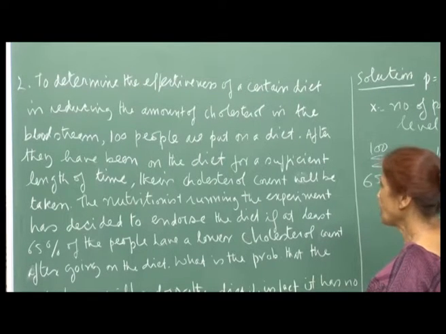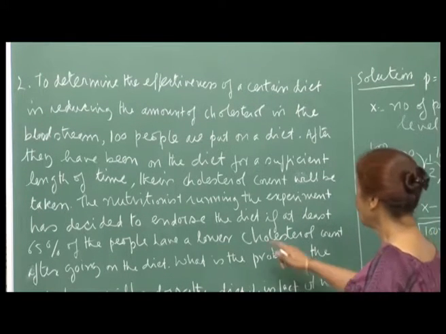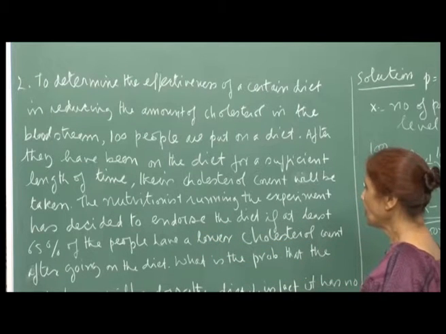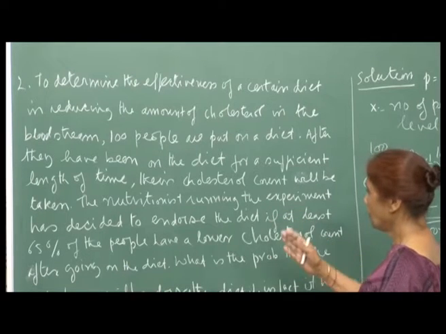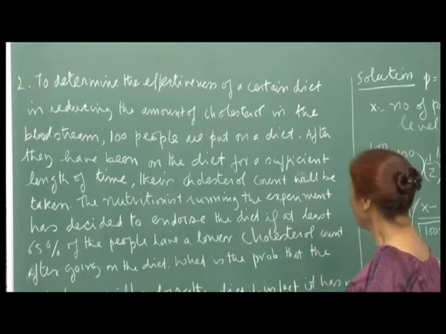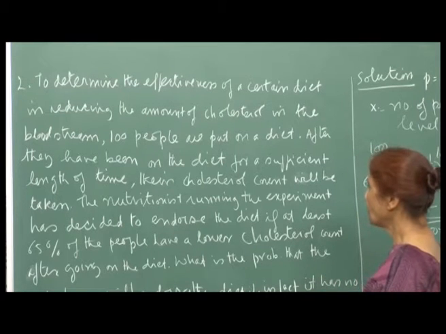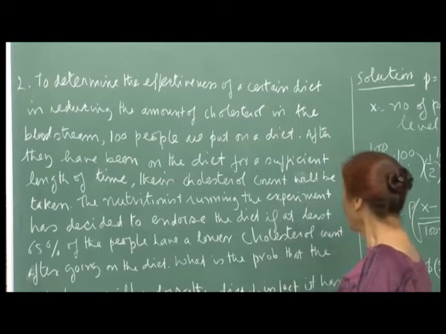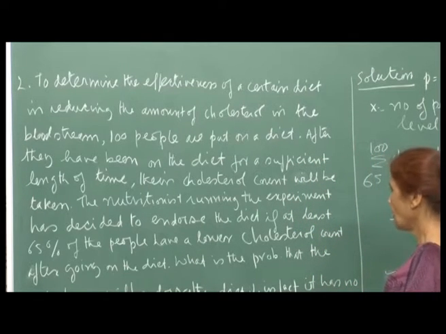The nutritionist running the experiment has decided to endorse the diet if at least 65% of the people have a lower cholesterol count. Right. So, at the end of the trial period, you will again test their cholesterol in the bloodstream, and if the count is lower for 65% of the people after going on the diet,